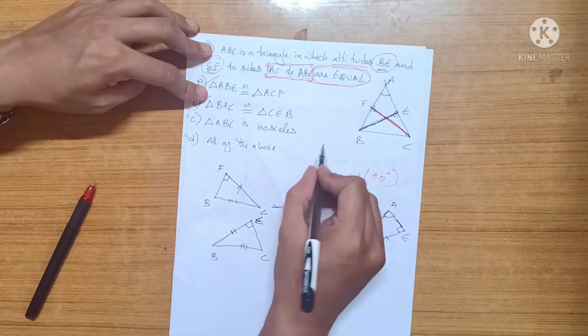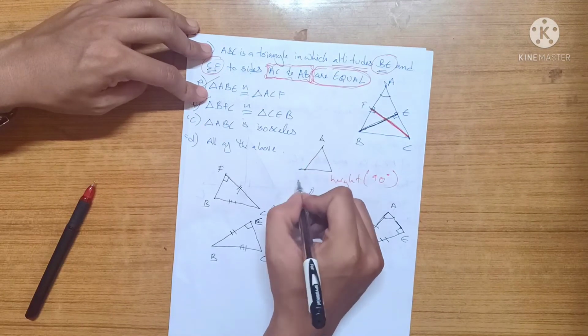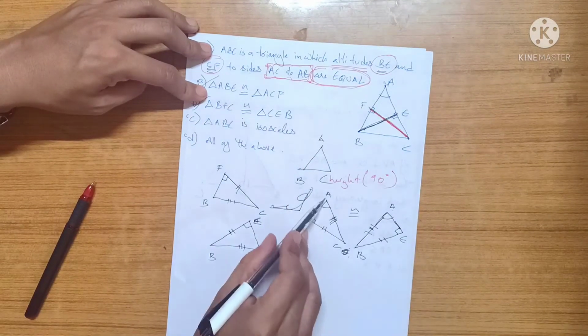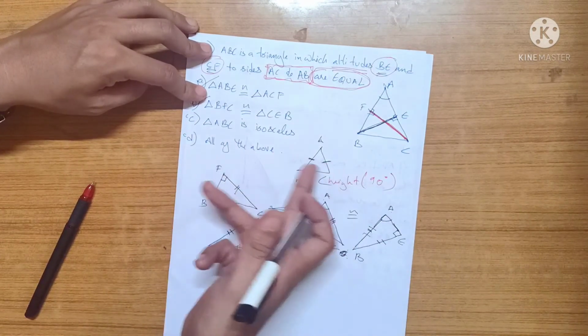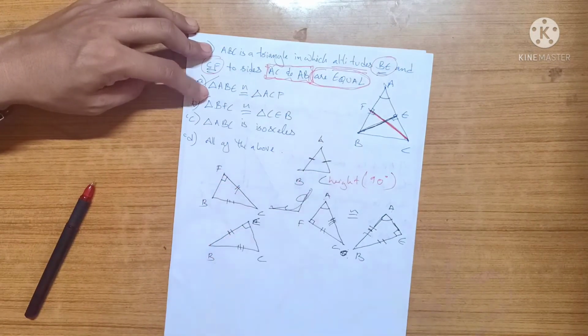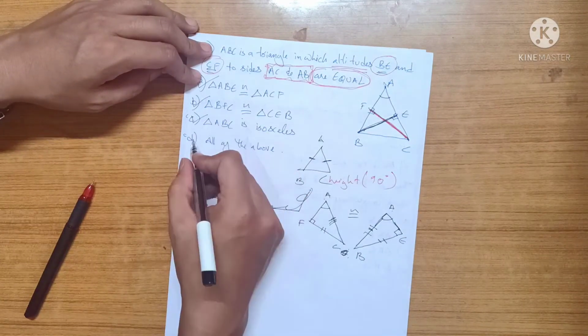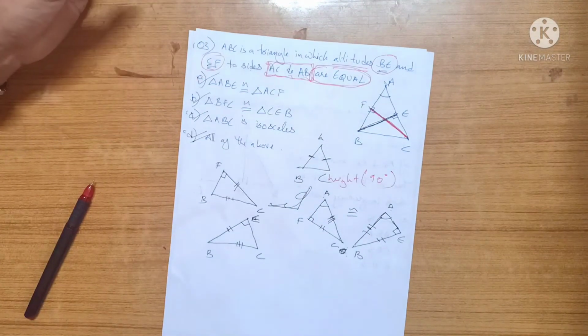So if I draw this bigger triangle, ABC, it's coming out that AC is equal to AB, which means two sides of this big triangle are equal, which means it's isosceles. So this is also equal, which means all of the above. Okay,